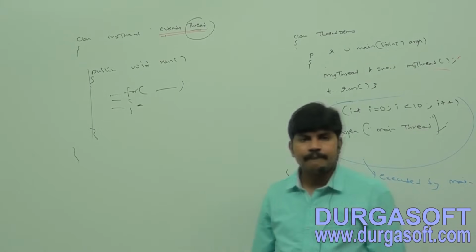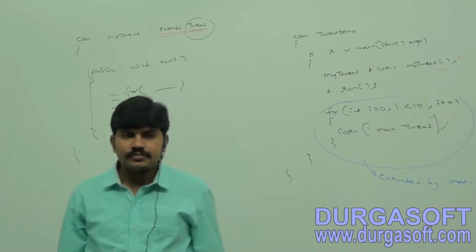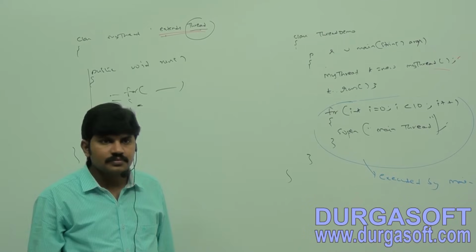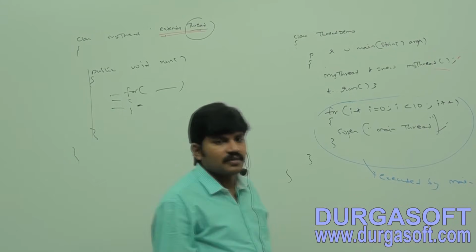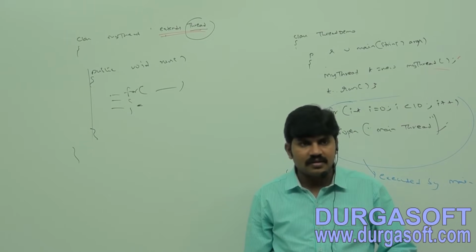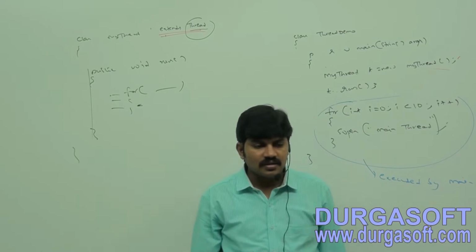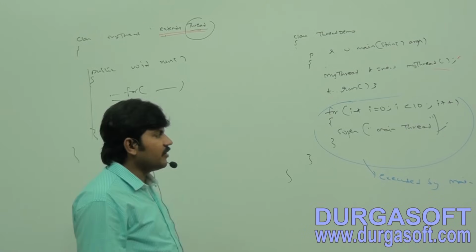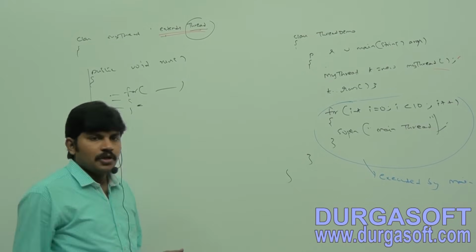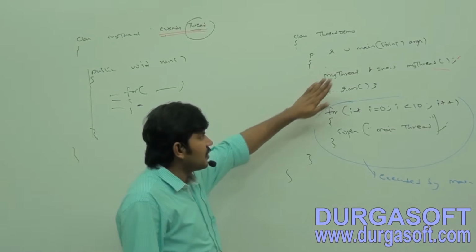Difference between t.start() and t.run(). Can you tell what is the difference between t.start() and t.run()? Simple. If I call t.start(),